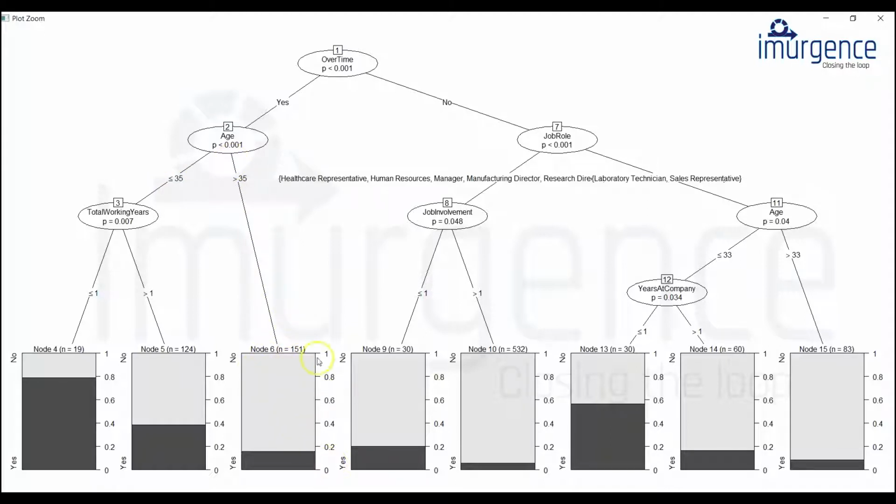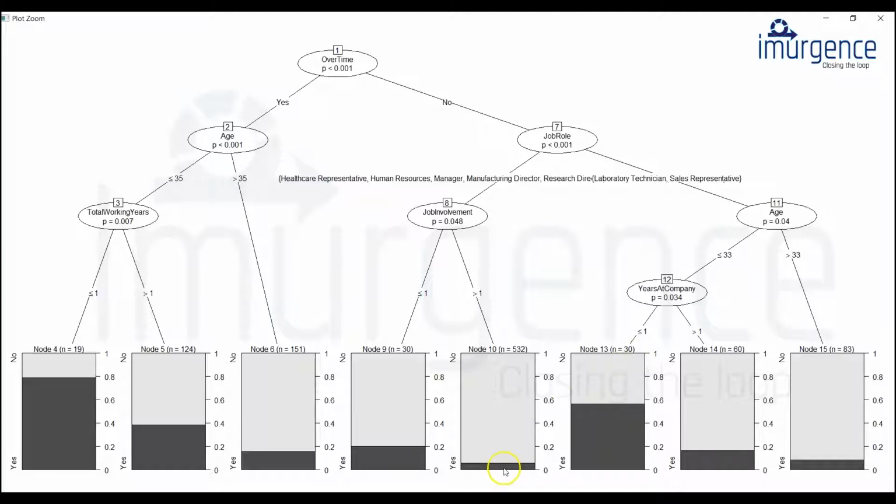This is left with a total of 151 observations. Out of that, yes is so many, and these are the no's. So this is attrition and this is no attrition. So it gives you a clear picture as to how the nodes have branched out. So if you look at this over here, it shows that roughly 50% is attrition, 50% is no attrition. That means over here there is not enough information, and that's why the partition was quite equal.